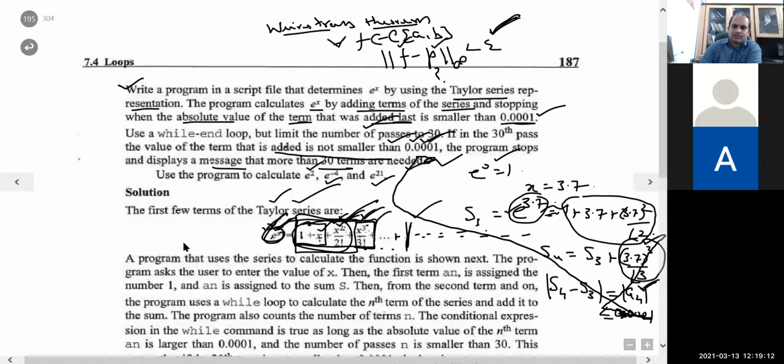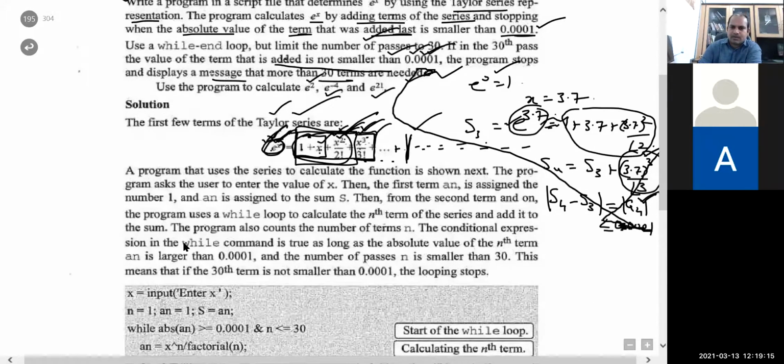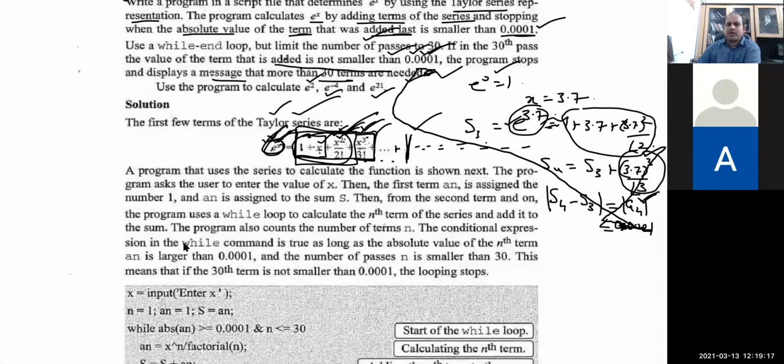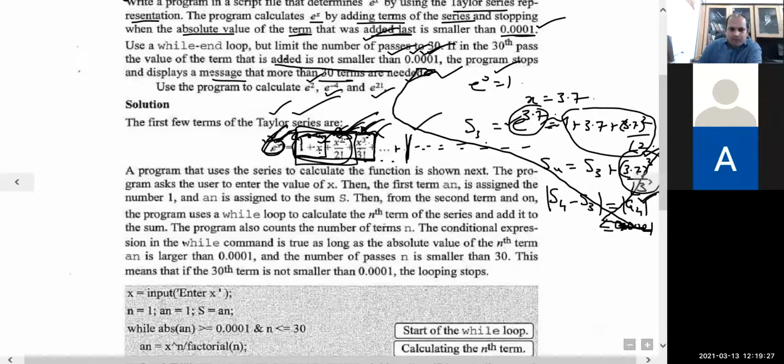ये 0.0001 ये है कि ना लास्ट वैल्यू छोटी नहीं होगी। बिल्कुल, लास्ट वैल्यू छोटी, या इसको ये भी कर सकते। देखो एक्चुअल है क्या ना कि ये आपका A1 फर्स्ट टर्म है, ठीक है, A1, ये A2 है, and this one is A3, this one is A4 and so on. अब ये बताओ कि पहला टर्म और सम अगर एक ही टर्म है तो वही सम भी होगा, ठीक है जी सर। S2 क्या होगा? A1 प्लस A2। यस सर। तो मैं A2 को लिख सकता हूं, इसको ये भी तो लिख सकता हूं S1 प्लस A2। यस सर। या मैं ये कह दूं कि सम ऑफ टू टर्म्स माइनस सम ऑफ वन टर्म्स ही तो एग्जैक्टली क्या है?